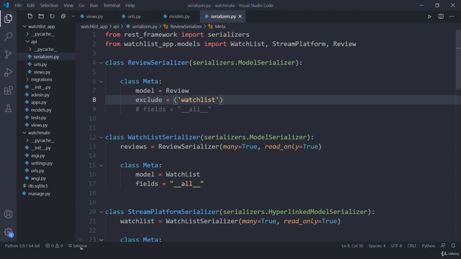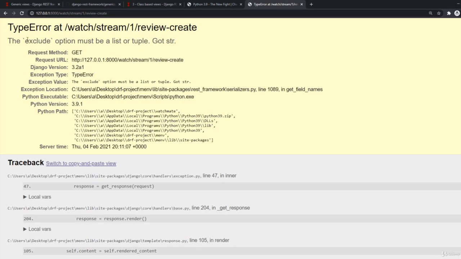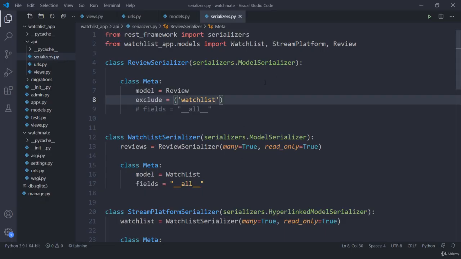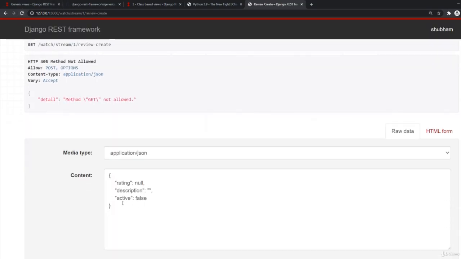So in that way, I can exclude it from here, and this is not required. So once I refresh this one, I got an error. Okay, there is some mistake. Okay, I need to add a comma, otherwise it's not tuple. Yep, if I refresh this one, now you can see the watch list is not required,